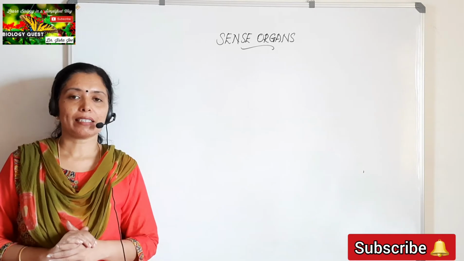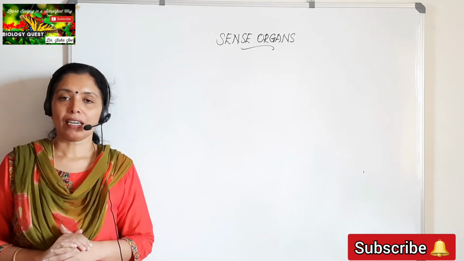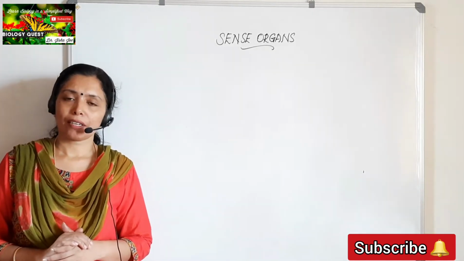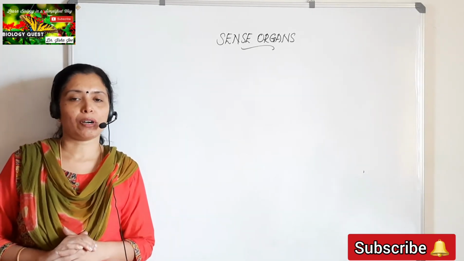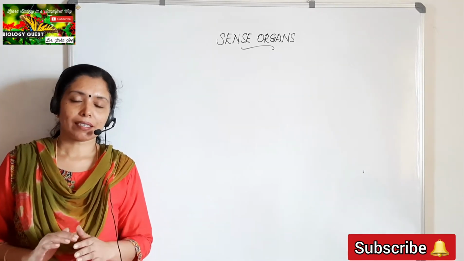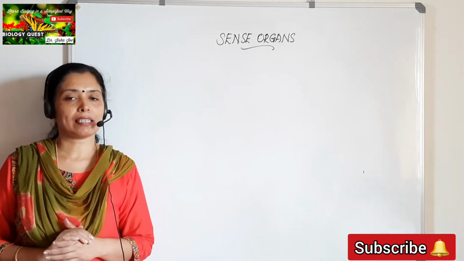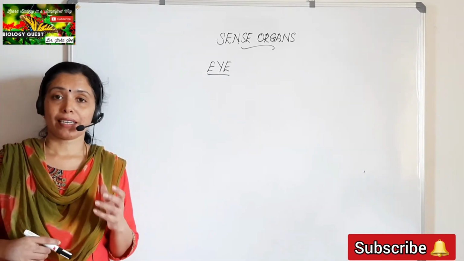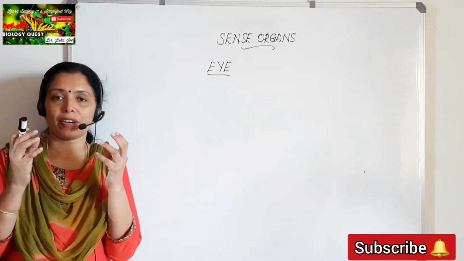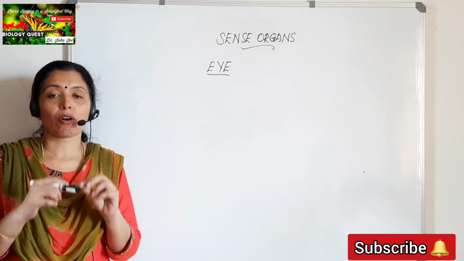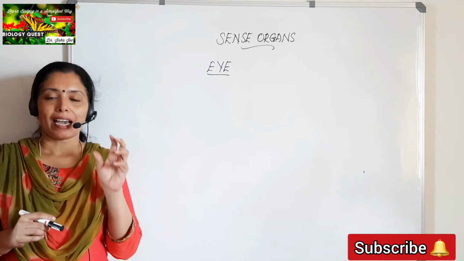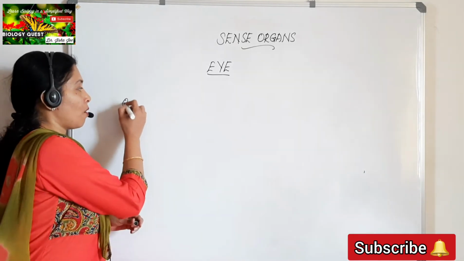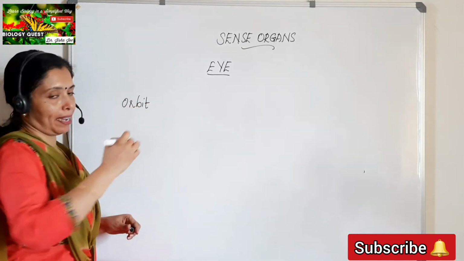In our 10th standard ICSE syllabus, we have to study the structure and function of the eye and ear, and also some defects that are common to our eye. In this session, I am starting with the structure of the eye. Where are our eyes located? We know our eyes are located on the front side of our head in deep sockets or orbits.